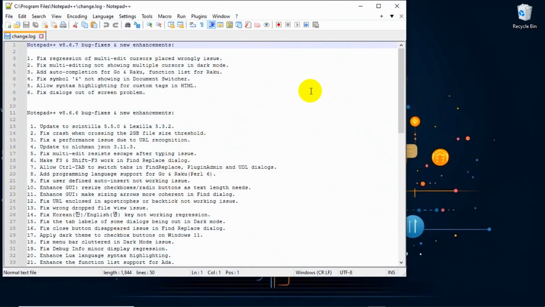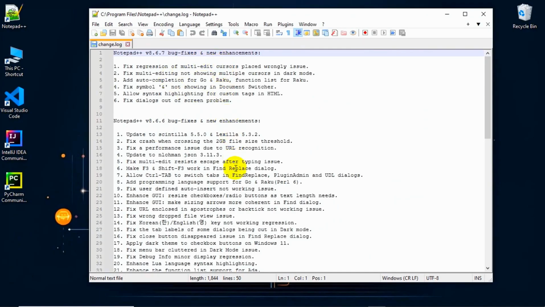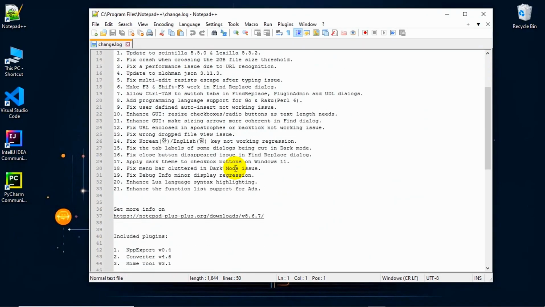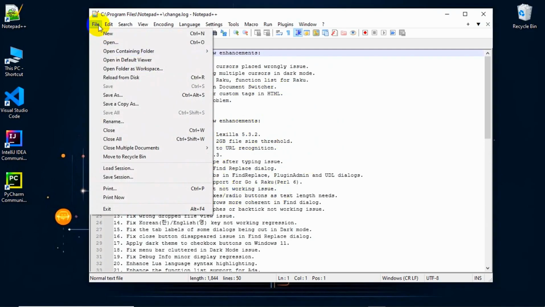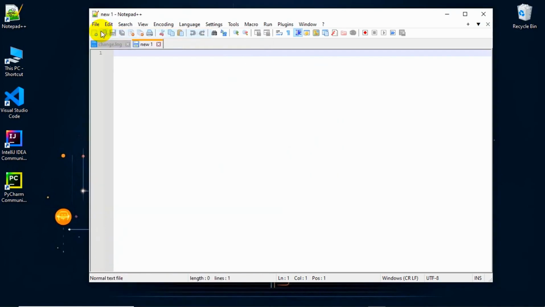So after that, here you can see Notepad++ is open. First, here you can see the latest version and all the features are over here. So now what we will do, we'll create a new file like this and close the previous one. And now we will write an HTML program here and we will run it in